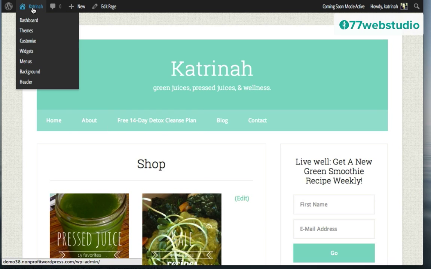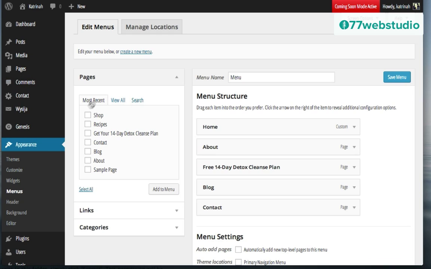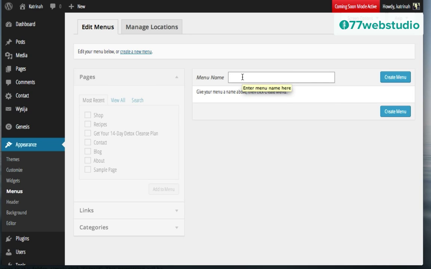I'm going to go to the top, hover over the website name, and click on Menus. Then I'm going to click on Shop, but actually notice that this is the actual main primary menu, so I actually need to create another menu, the top menu. So I'm going to click on this button here that says Create a New Menu. Then here for the menu name, I'll call this Top Menu, and then Create the Menu. Click on this button right here.